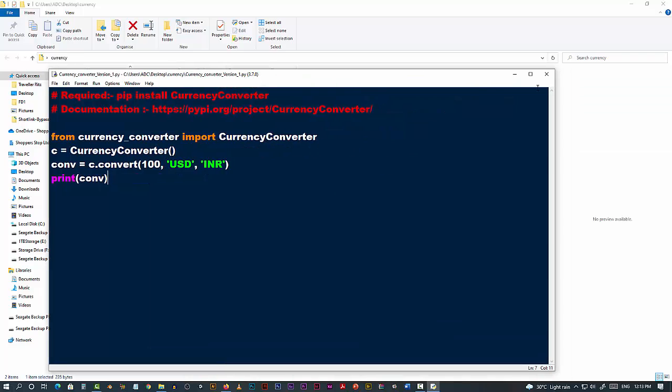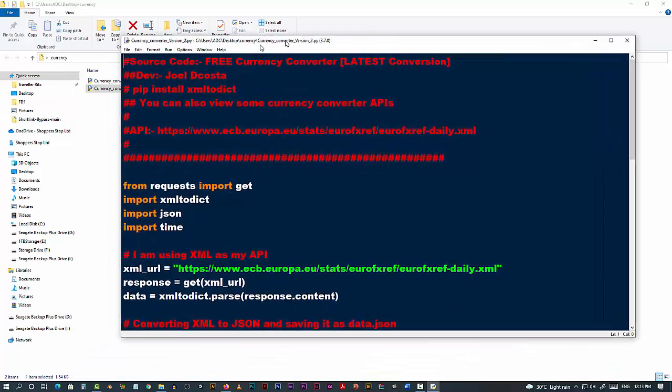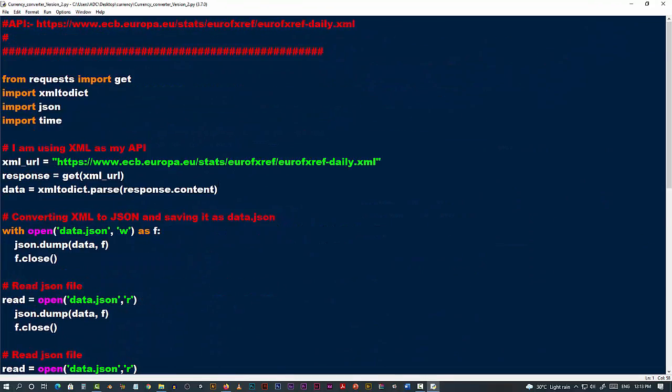So what I've done is I've written another code. Let me explain what I'm doing here. First I'm using requests, then I'm using XML to dict, JSON and type.